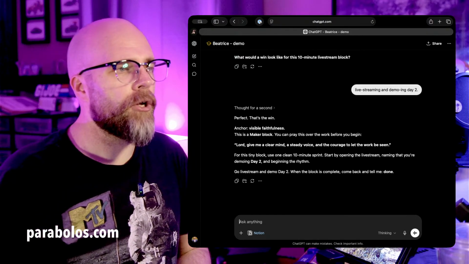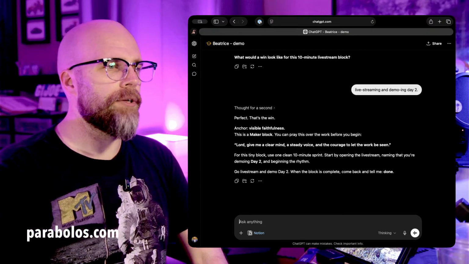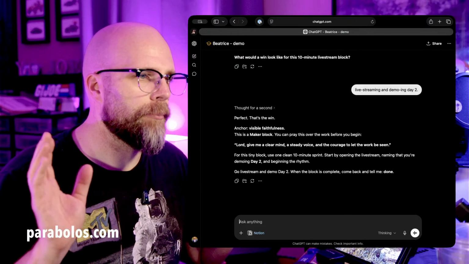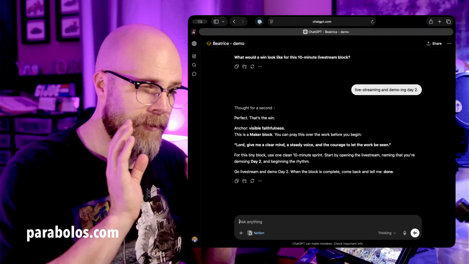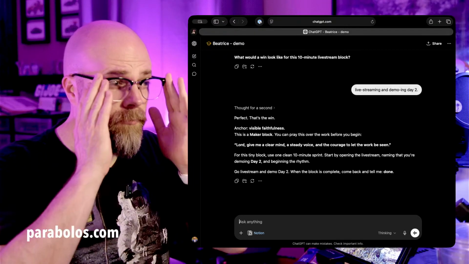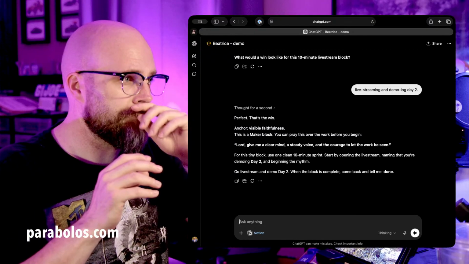For this tiny block, use one clean 10-minute sprint. Start by opening the live stream, naming that thing you're demoing, day 2, and beginning the rhythm. Go live stream and demo day 2. When the block is complete, come back and tell me done. I've tried to communicate in her instructions not to help you do the work, not to tell you how to do your work, but